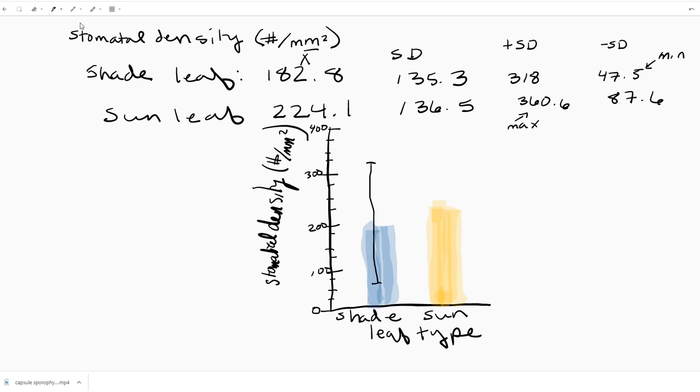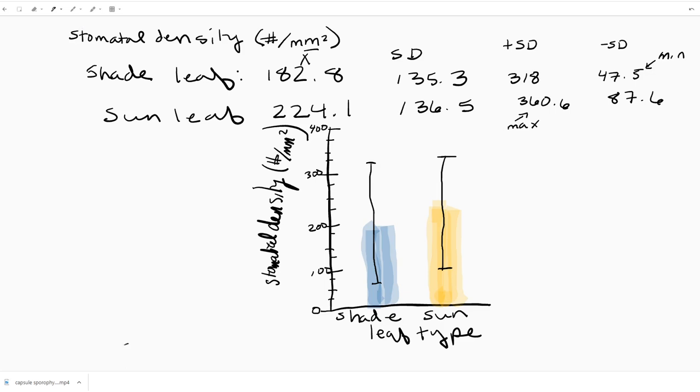And then the sun leaf goes up to about 360, so about here, and will end at about 87.6, so about here. And there's my I bar for my sun leaf, showing my